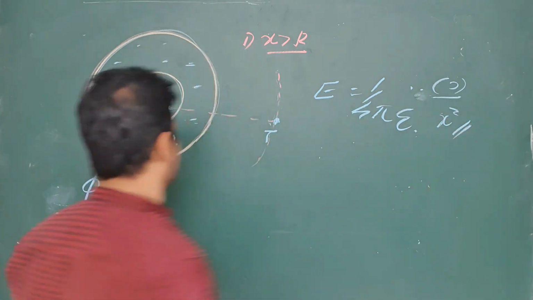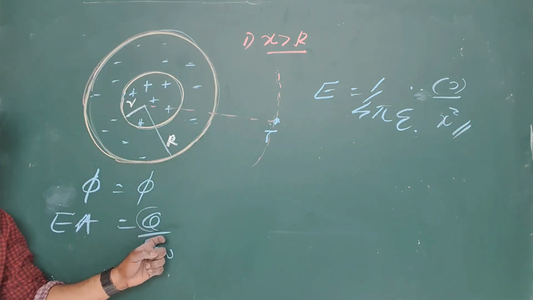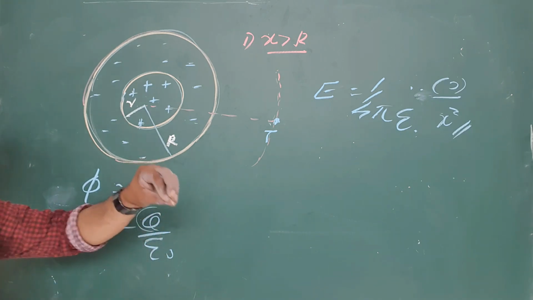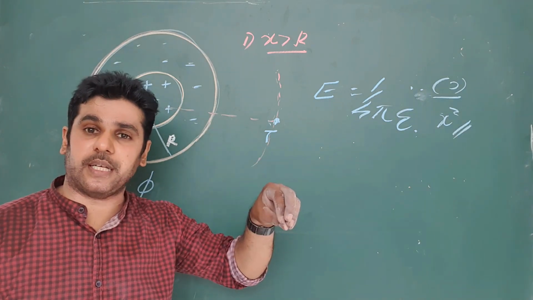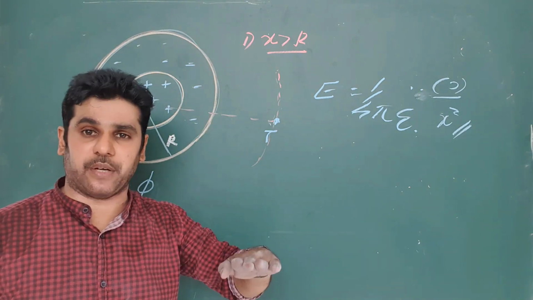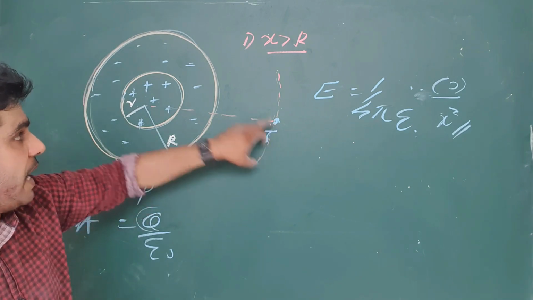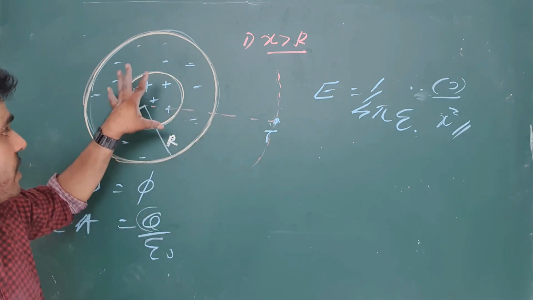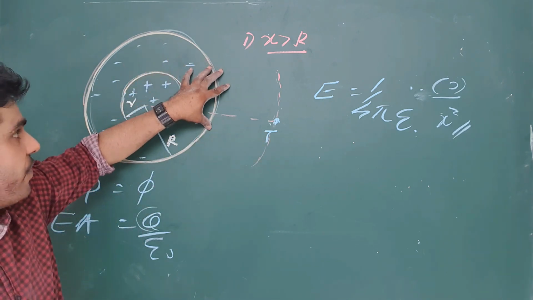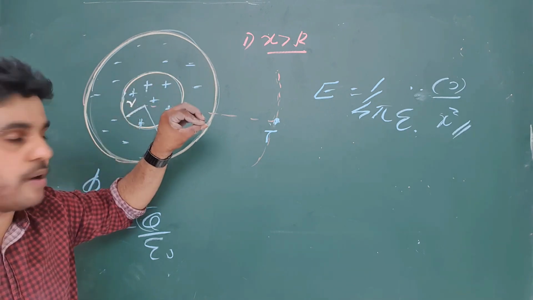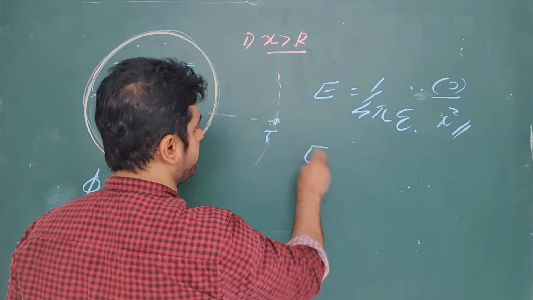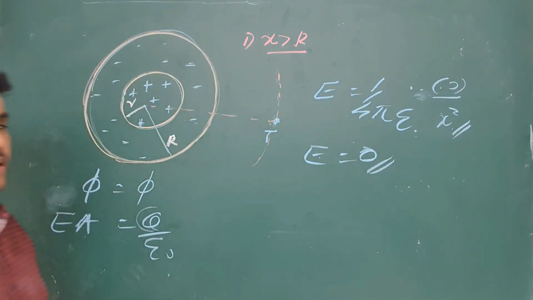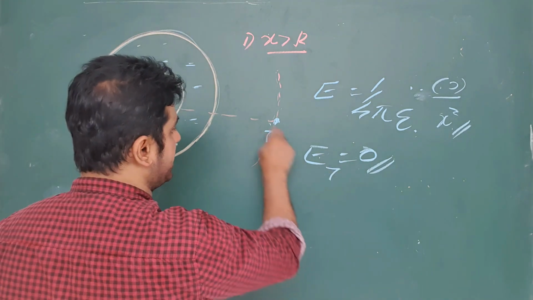Actually you don't need to write it like this. When you write the Gauss calculation, everyone knows that inside the Gauss surface Q becomes 0 because the formation of a neutron is the same charges of positive and negative. So when I take the algebraic summation of charge inside the Gauss surface, that becomes 0 because the charge of positive and the charge of negative are the same in the neutron. So E becomes 0 because 0 divided by any value is 0. Now this is the electric field intensity at T.